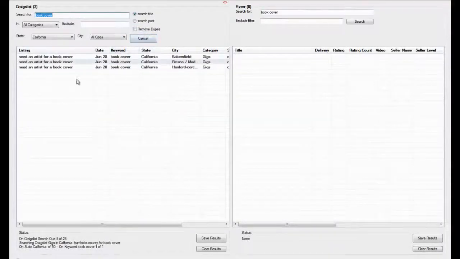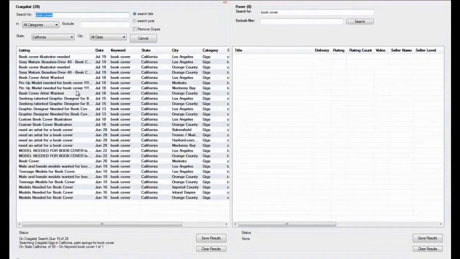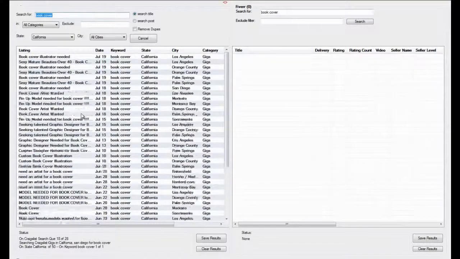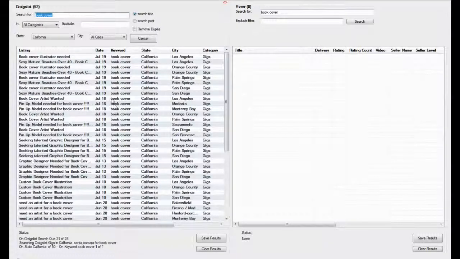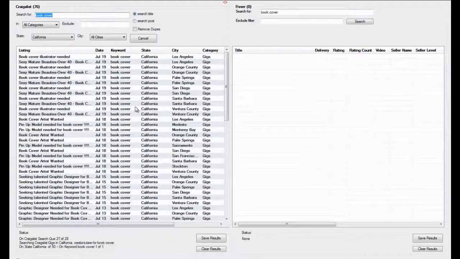And the speed at which this works is based on how fast Craigslist is working at the time. You know how sometimes Craigslist is slow? Well, when Craigslist is slow, this is slow, and this leads me to reveal the actual function that is so powerful. What this software does is it does something that no other bot does. It accesses its results directly from the Craigslist mainframe. Now this is pretty cool, because if someone posted an ad and it shows up on Craigslist 5 seconds ago, guess what?